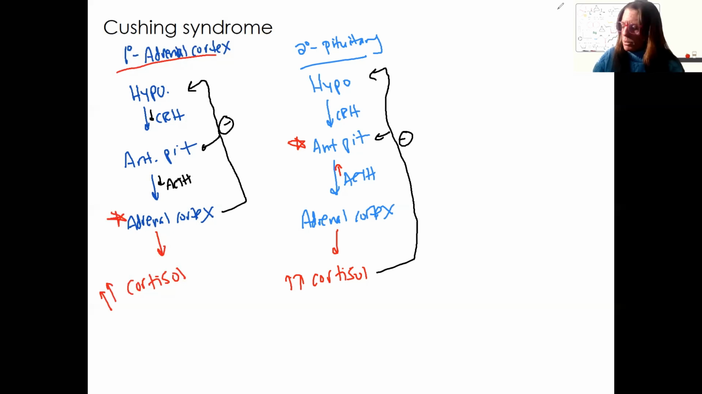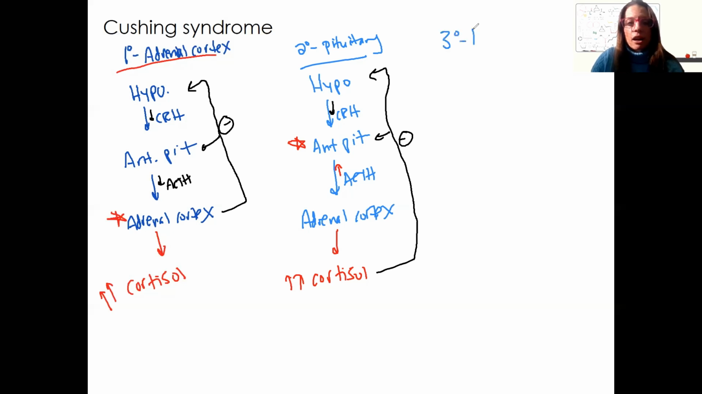So does that make sense? CRH is still low. It's still trying to turn off the system, but the anterior pituitary is not listening. Too much ACTH is produced. The adrenal cortex is just doing its job. It's just producing cortisol in response to ACTH. Okay, lastly